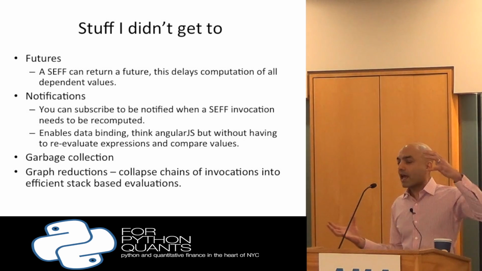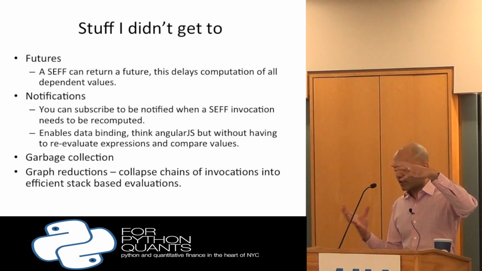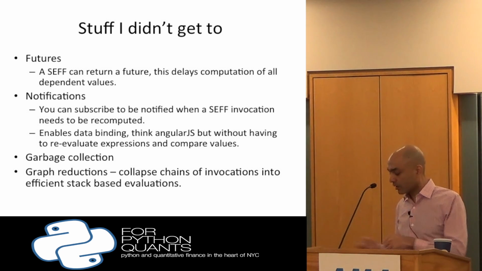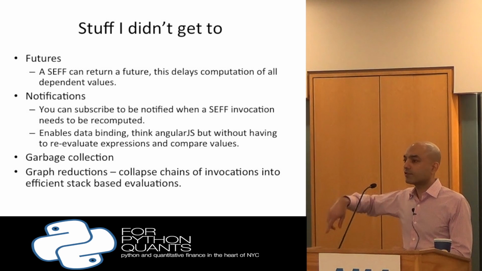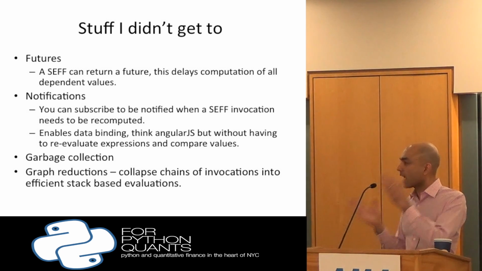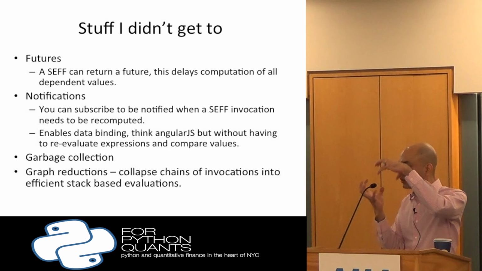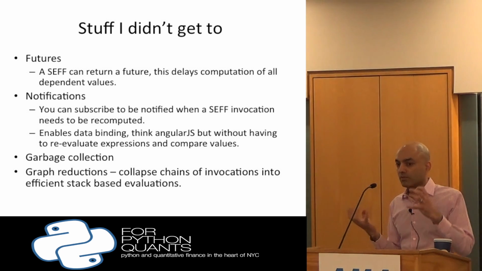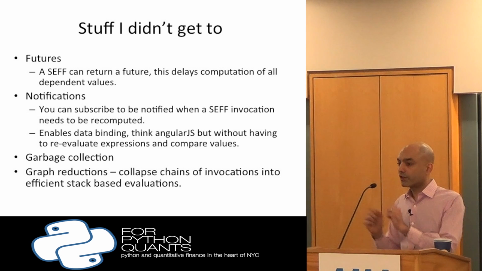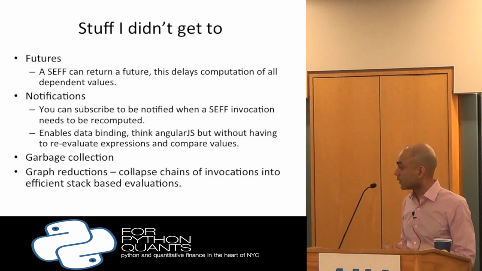So you might want to, and if you think about most computations that you do, you have an output, you have a whole bunch of intermediate computations, and you have some inputs here. All these intermediate values here are always dirty if you change an input. So you might want to collapse those, essentially reduce that graph into one supernode, which you can then execute using a little stack-based evaluator, send it off to a grid as a more expensive chunk and things like that. So you can define operators to do that as well.